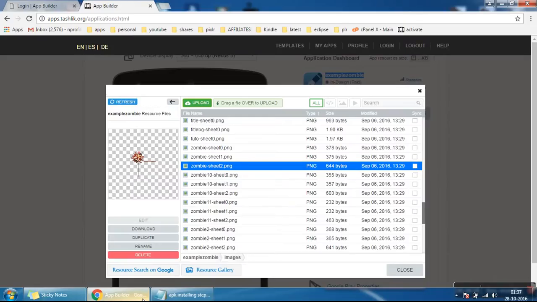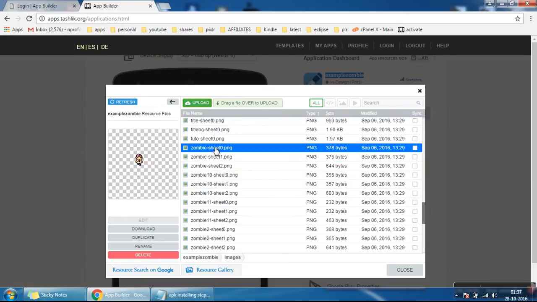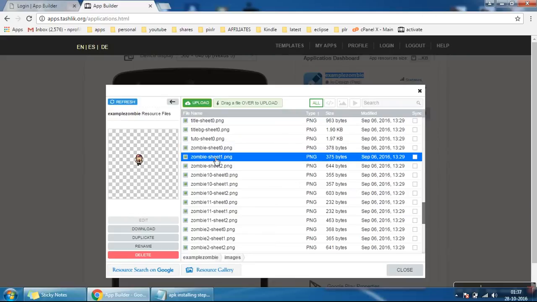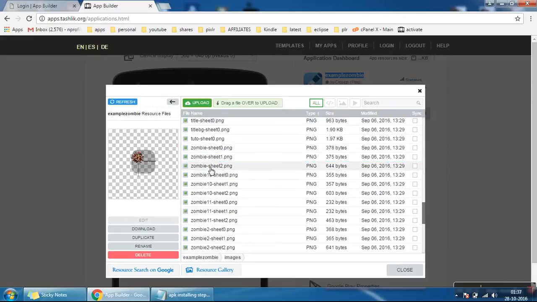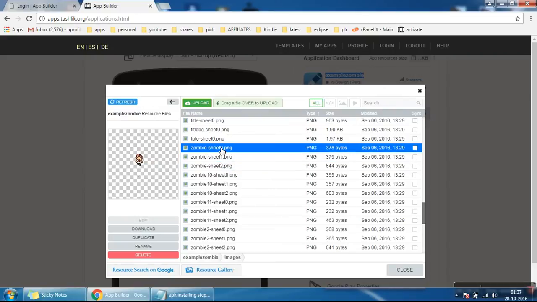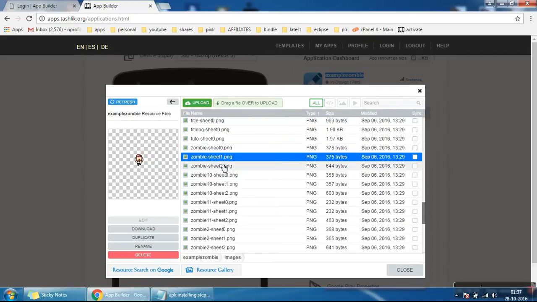Alright. Whenever you are creating images, you have to name the images exactly the name present here, like zombie-sheet-0, zombie-sheet-1, zombie-sheet-2. Okay, because these particular names have been used in programming the game. That is why though we are changing the image, the name of the image will be the same.